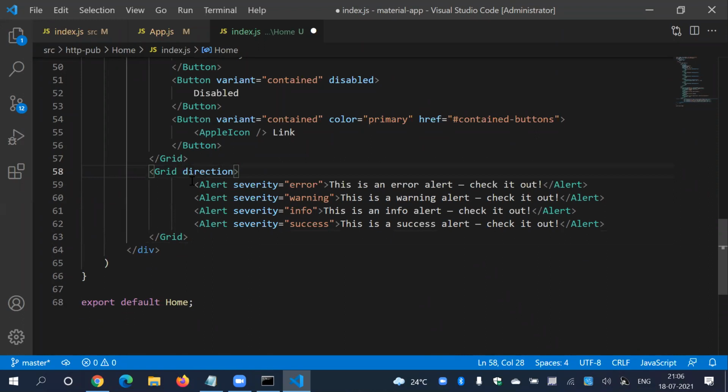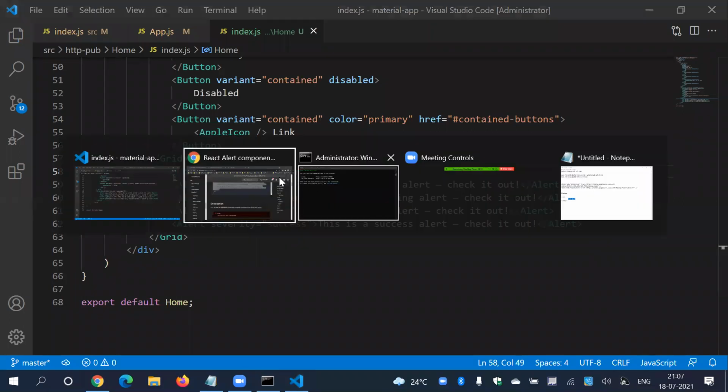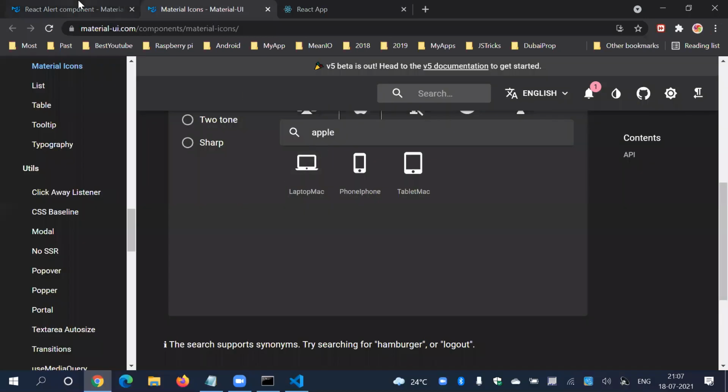Direction is equal to column, spacing is equal to 3, 4, whatever you want. And that's it, guys. No problem.